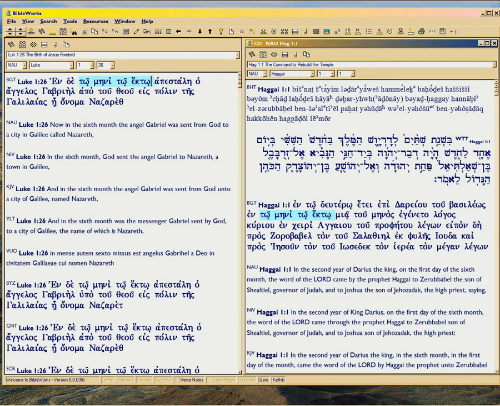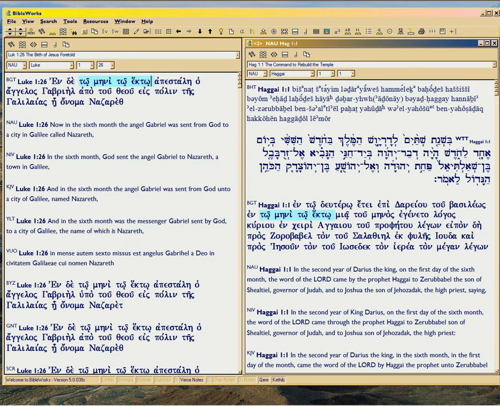And now you see highlighted in blue two phrases, the first of which on the left-hand side is the text you've seen before, which I used to explain that it's the 6th month on the calendar, telling you that you can find the same construction for any calendar reference in the Old Testament, which also uses two definite articles. And you also heard me explain that this business about Christ being born on Hanukkah is in Haggai 2.